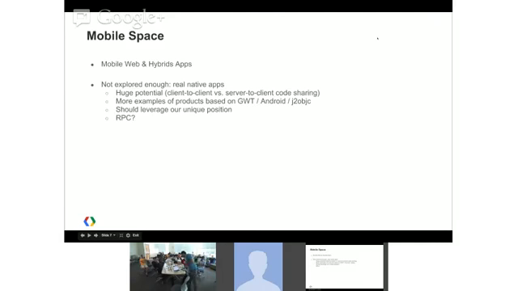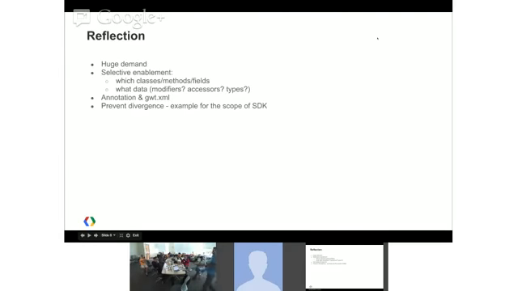So the reflection, the reason we put the reflection is there's a huge demand, and we were hesitant to do it before because of the additional code load in the final JavaScript. But even if we are not doing that, people are starting to add